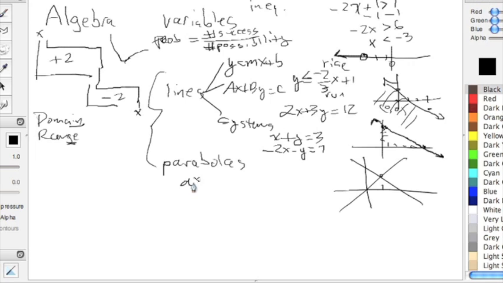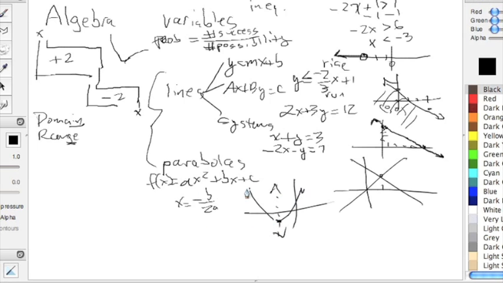Then we went to parabolas, which was ax squared plus bx plus c, and that was a function of x. Then we learned that at x equals minus b over 2a, we have an axis of symmetry. So let me draw that axis of symmetry, and then we would find the vertex, and if a was positive, it would open up. But really parabolas were all about getting the zeros, and we got the zeros by factoring, or we got it by completing the square,